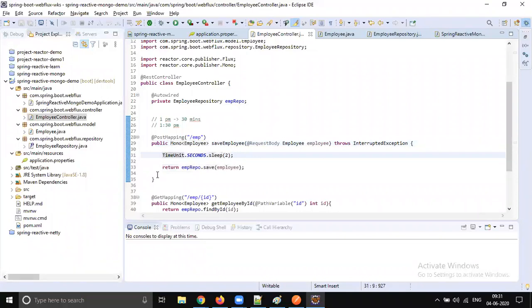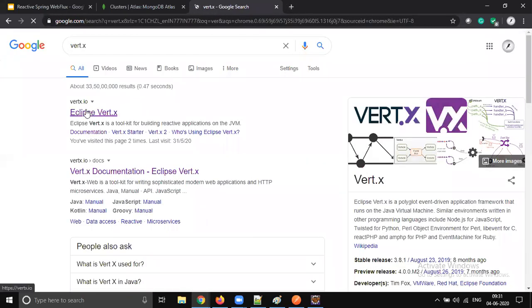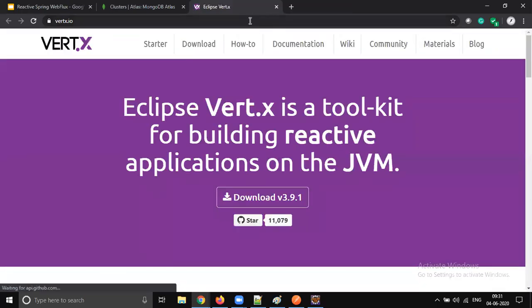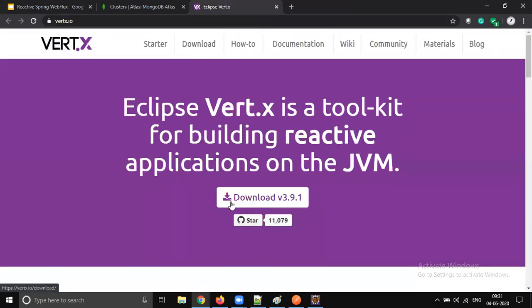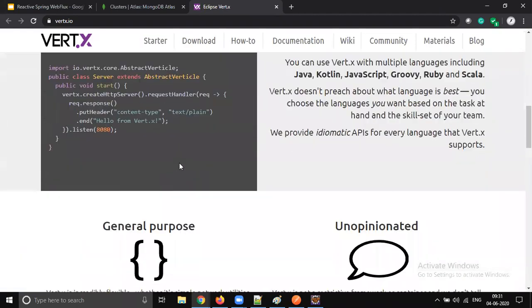So you need to spend some more time to learn that other framework, for example Vert.x, right? Vert.x is from Eclipse. Again, it's some other third party framework. Anyway, it is not that popular, but it's from the JBoss community, right? So who is supporting this? JBoss, right?